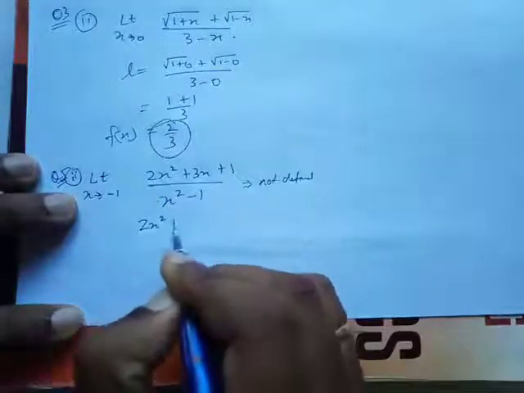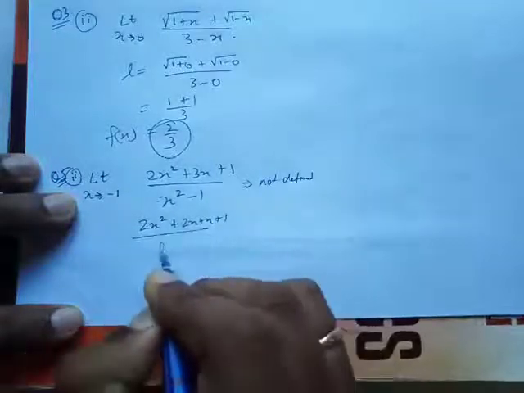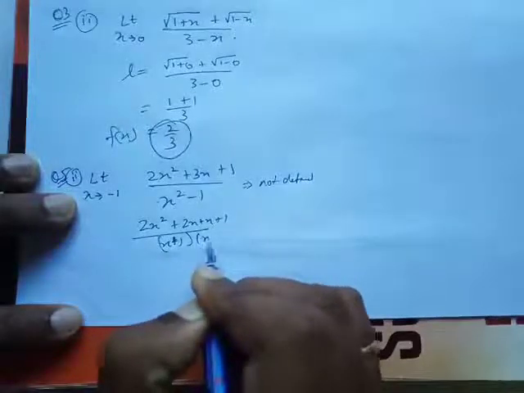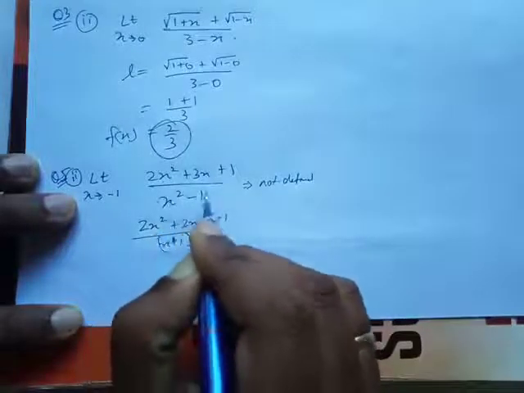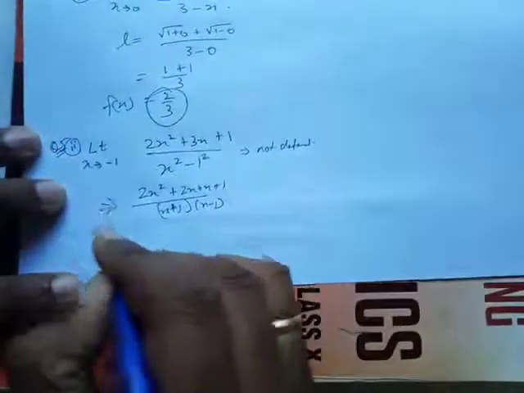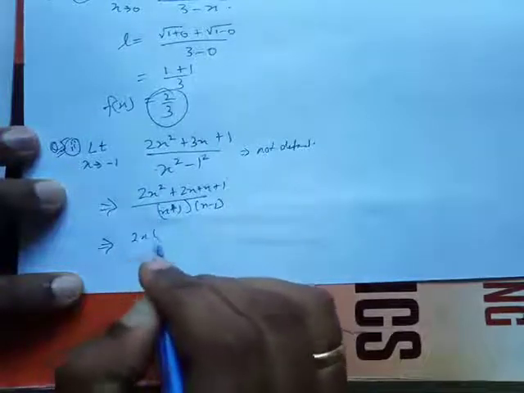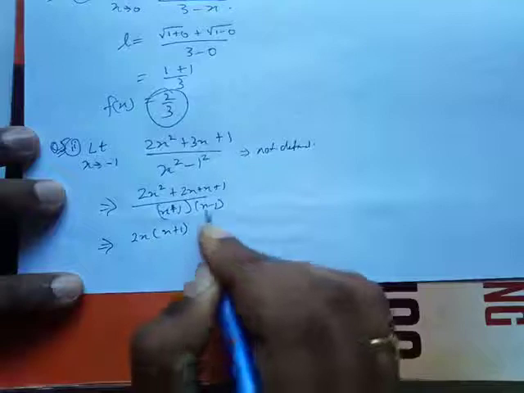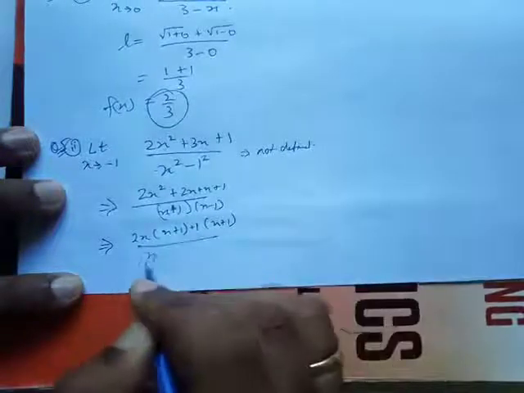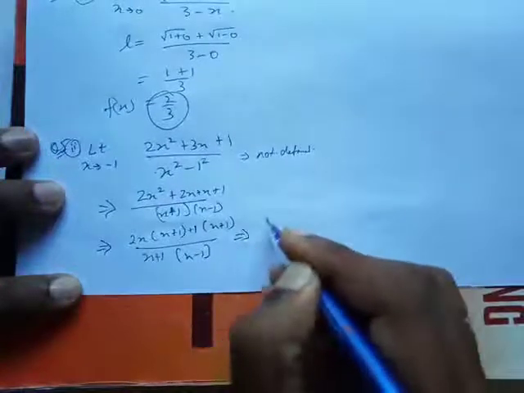2x square plus 2x plus x plus 1, okay, upon x square minus 1, which is x plus 1 and x minus 1. ये फॉर्मूला होता है ना, ए स्क्वायर माइनस बी स्क्वायर, तो ए प्लस बी, ए माइनस बी रख दिया मैंने. ठीक है. And then what, this 2 and x is going to come common, x plus 1, and over here also 1 is going to come common, x plus 1, and what is down, x plus 1 and x minus 1. Okay, equals to,